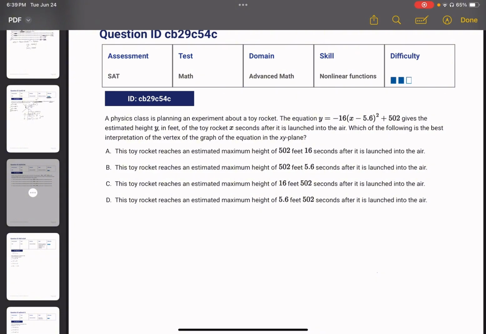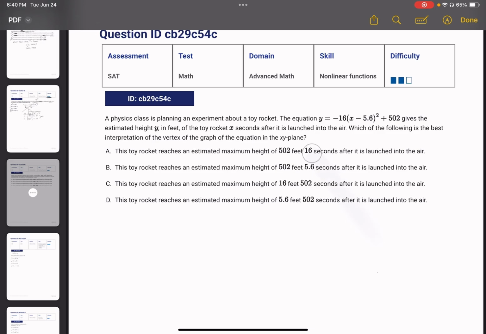A physics class is planning an experiment about a toy rocket. The equation y equals -16 times (x minus 5.6) squared plus 502 gives the estimated height y in feet of the toy rocket x seconds after it is launched into the air. Which of the following is the best interpretation of the vertex of the graph of the equation in the xy plane? Okay, so looking at our options, we have